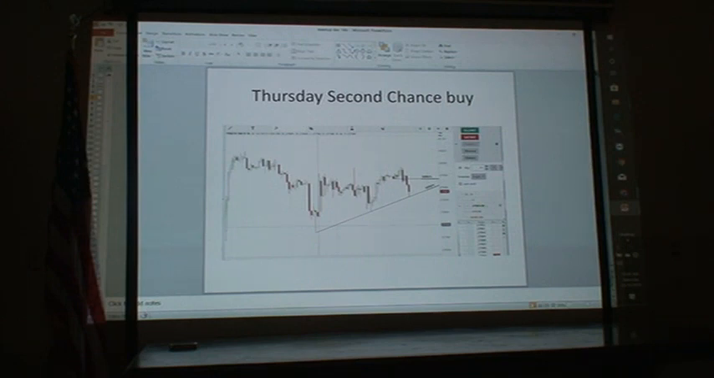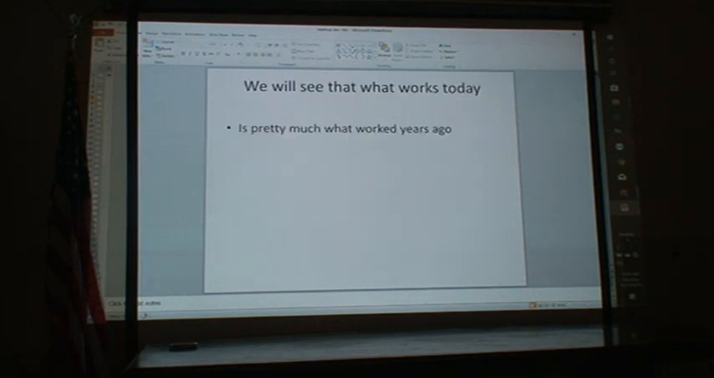Okay, so one of the things we have are these second chance buy things, and okay, so this was it, and just using this chart here gave me the information that I needed. Now, what you'll see now is that what works today is pretty much what worked 20, 30 years ago. So there's really no need for all this optimization stuff that you guys like to do with your automation and